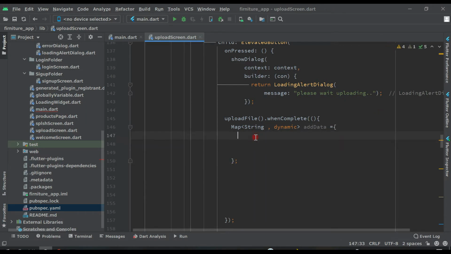Now inside this we have to create all the strings and variables which we are getting from the user.